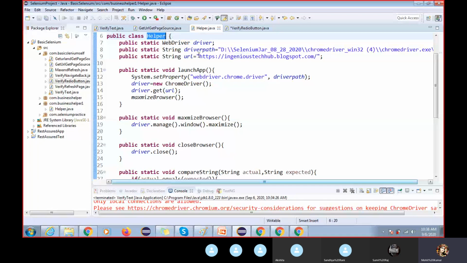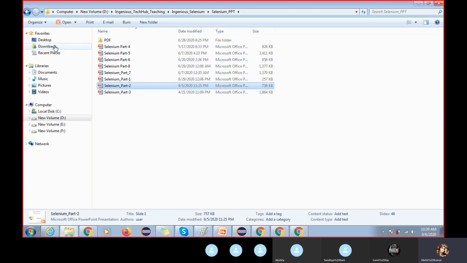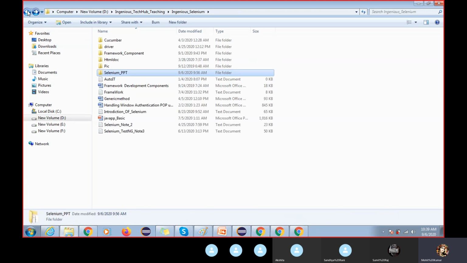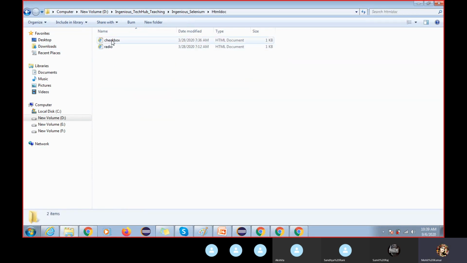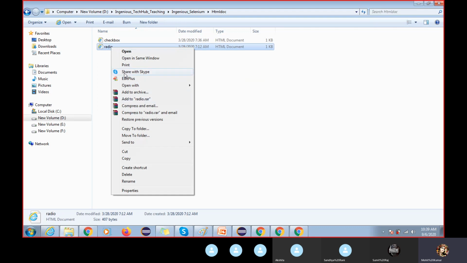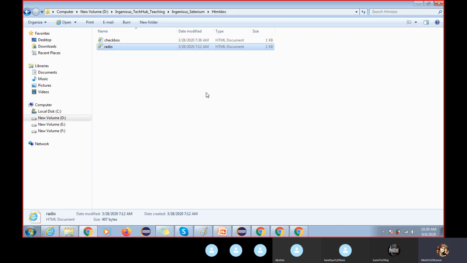Here I have to change the URL, right? Because I'm providing a different URL. But if you work in one company or one project, your URL will not change, so don't worry about that. I have created a dummy page. Where is it? Yes, this is the dummy page I have created. I'll share this code, or you can take the reference from any website for your practice, no problem.